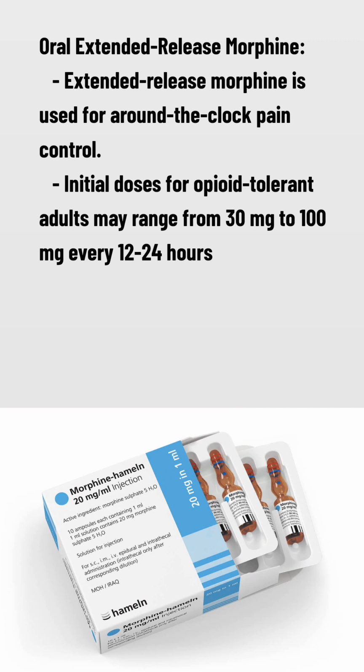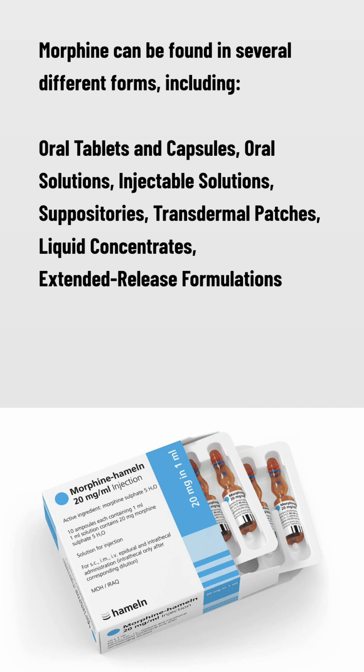Oral extended-release morphine. Extended-release morphine is used for around-the-clock pain control. Initial doses for opioid-tolerant adults may range from 30 milligrams to 100 milligrams every 12 to 24 hours. Morphine can be found in several different forms, including oral tablets and capsules, oral solutions, injectable solutions, suppositories, transdermal patches,